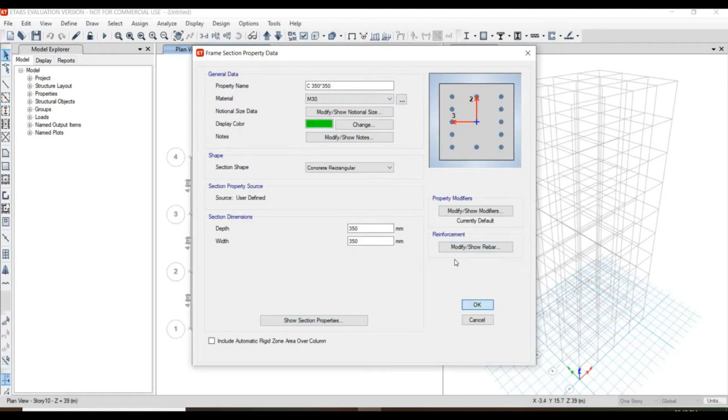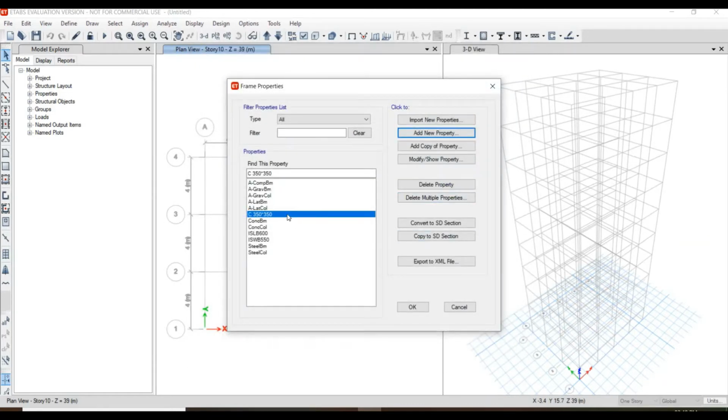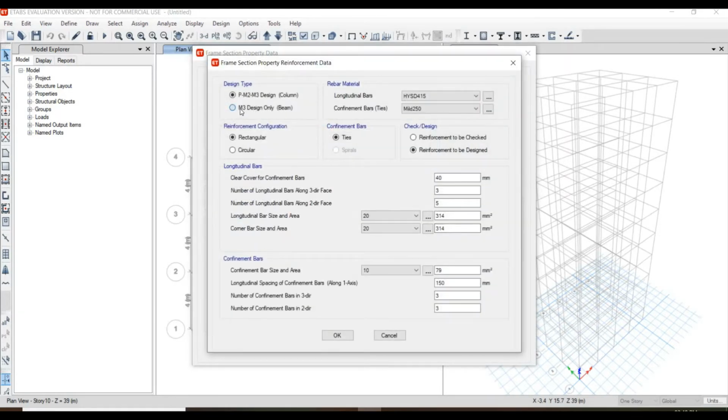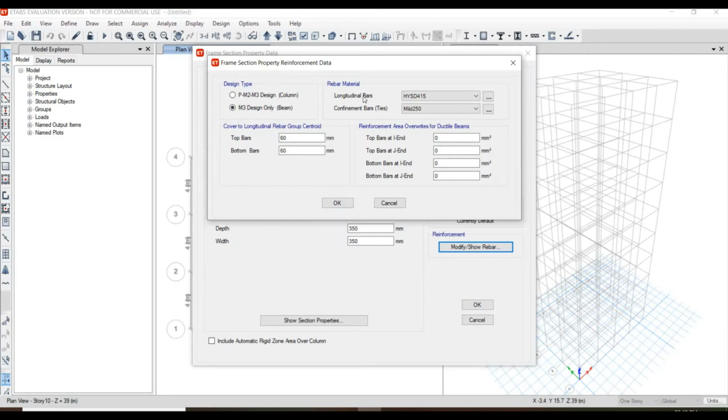Click OK and OK. And also click on the column 350 by 350 just created and add a copy of the property, so that for ease we can add a beam of 350 by 350. Or else we can change to any other name as you wish. Take M30 in the drop-down, and depth and width are 350 and 350, as we made a copy of the property, and modify the rebars. Check M3 design only, because beams should be designed for moment M3 only. These are for beams, and the longitudinal bars are HYSD 415 and size is